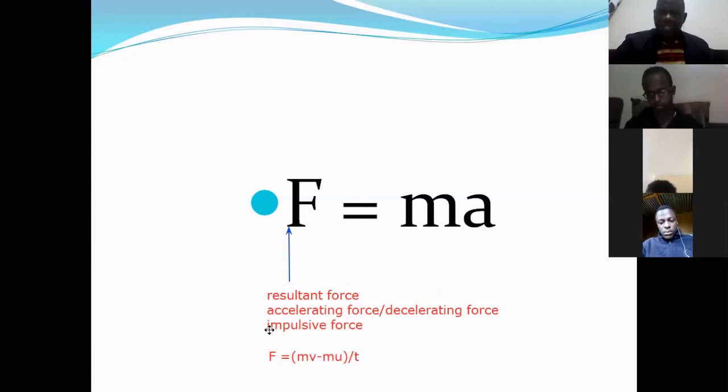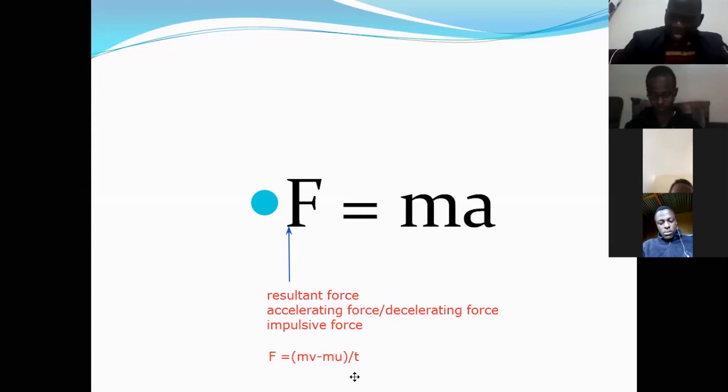So I want to use that question to explain what we call impulsive force. When you hit a wall, look at this t. We are looking at the rate of change of momentum. When you hit the wall, your fist will take the shortest time to stop. It will be stopped instantly. But when you hit a mattress, it compresses in, so it takes some time before your hand stops.